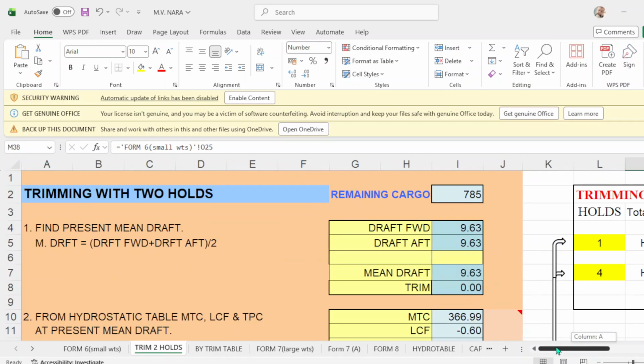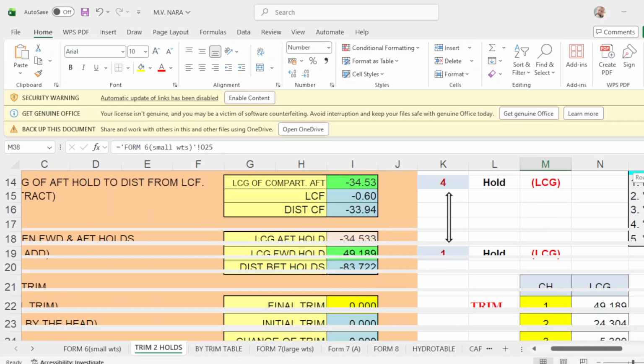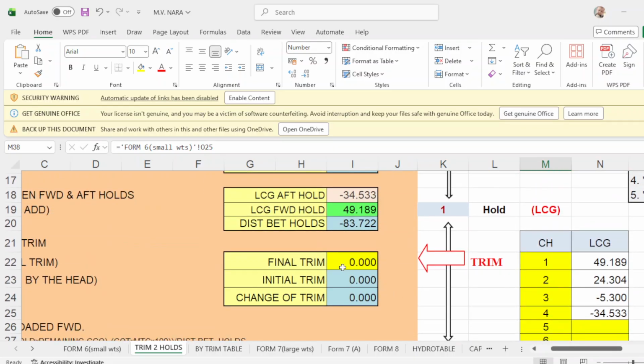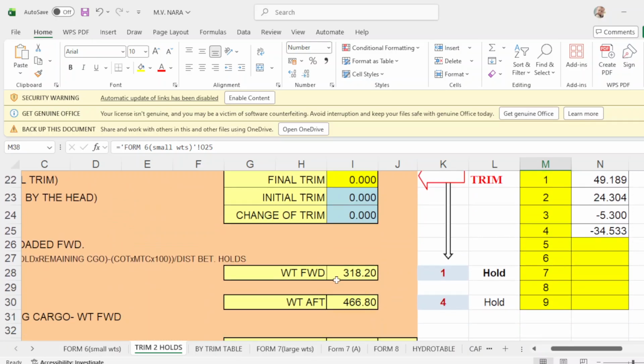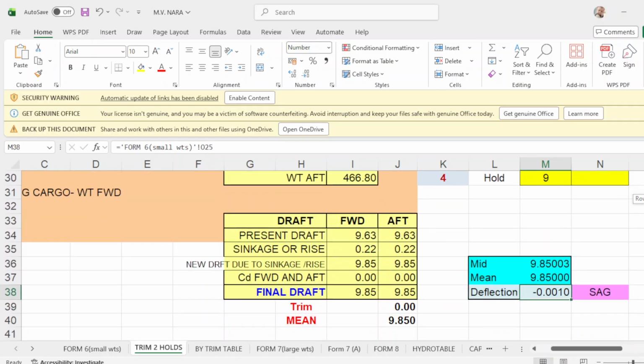Of course, your remaining cargo to load is 785, your trimming hold is 1 and 4, and your departure will be even keel, no trim. How much you load in hold number 1 is 318, and number 4 is 467, which is this one, 318 and 467, and your departure drop is even keel of 9.85.